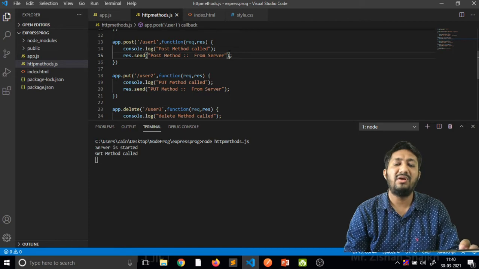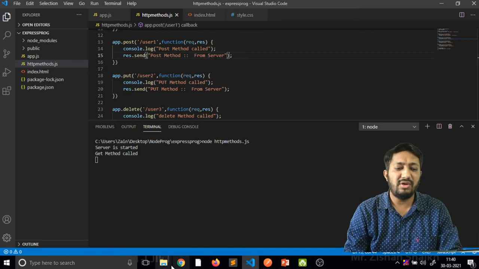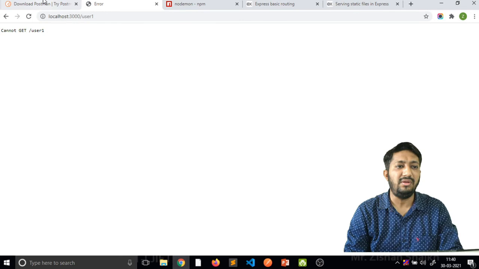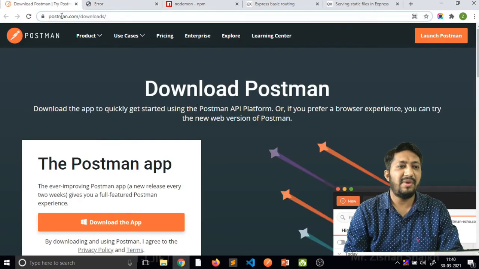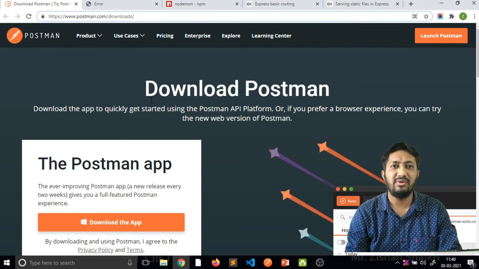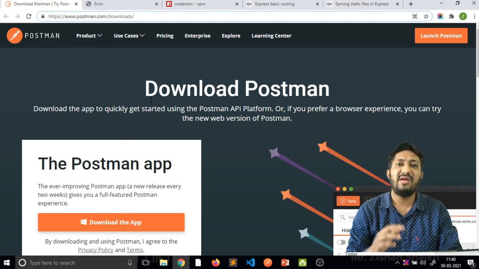First, there is a command you can run from the console using curl, and another is to use a specific application, that application is Postman. The Postman application is used for development purposes, and it helps us trace all the types of methods: get, post, put, delete, trace, whatever methods are supported by HTTP, to check during development whether they are working or not.